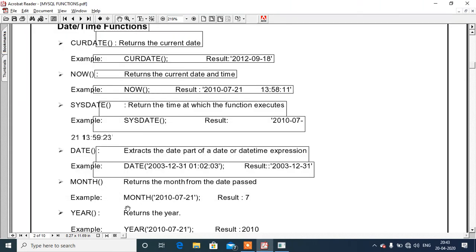Now the next thing is the date function. The date function extracts the date part of a date or date and time expression.